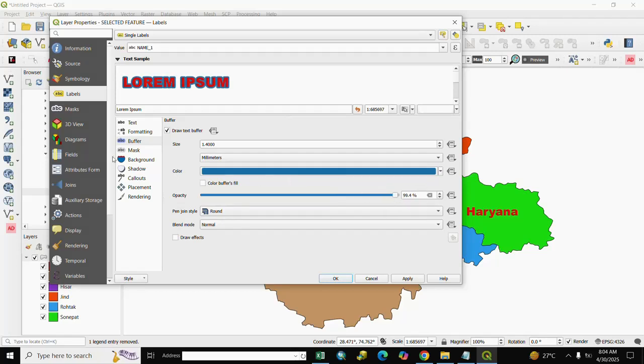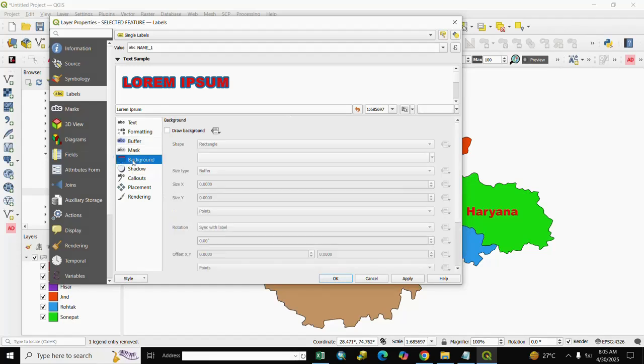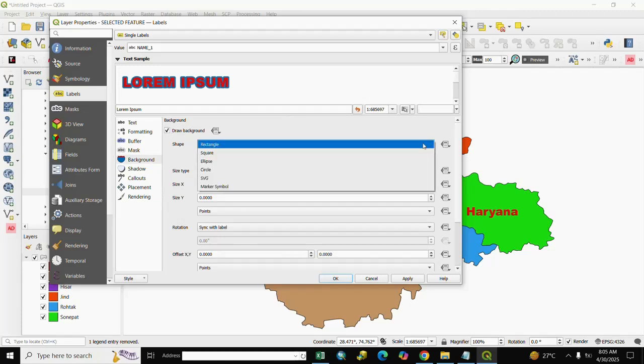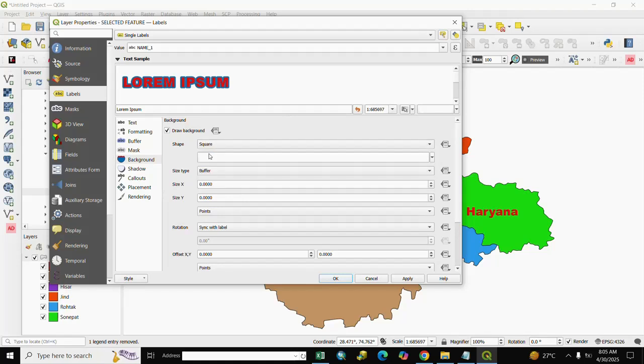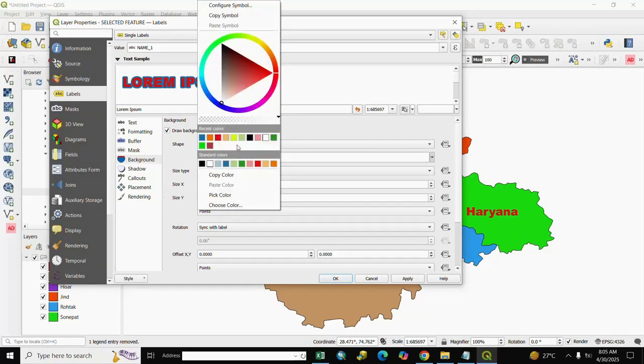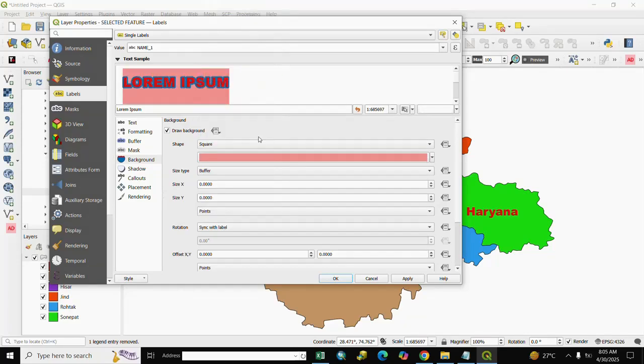After it, if you want to change the background, you select here and click Draw background and Shape: square shape, ellipse shape, circle shape. We select square here. And the color as per your choice, select color here. After it, apply. If you want to use an expression, we click here on expression